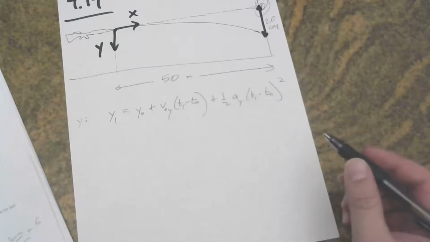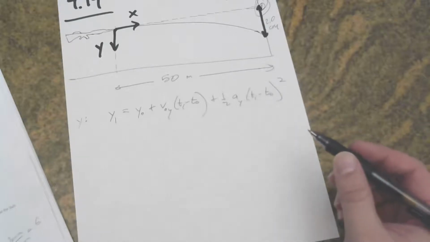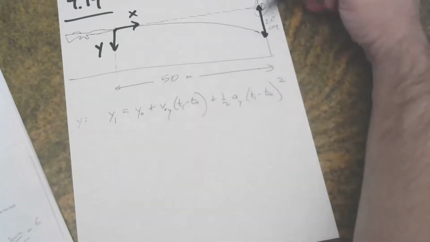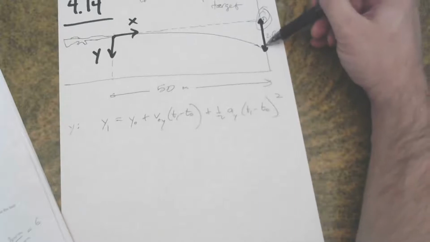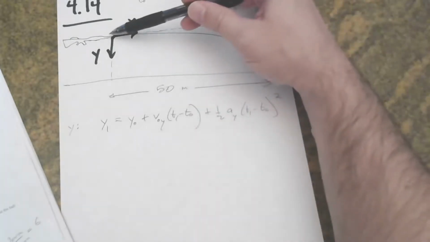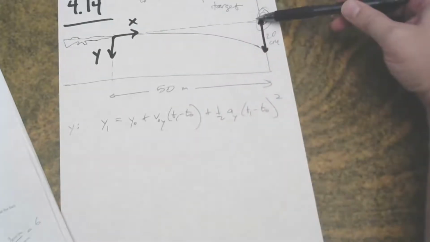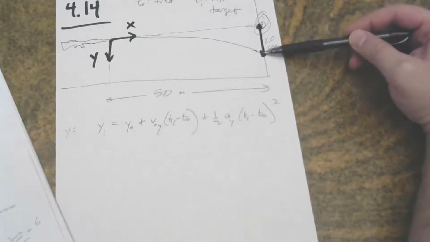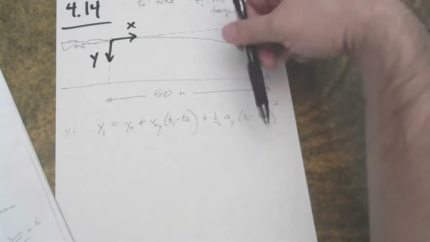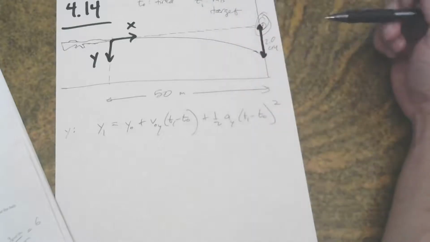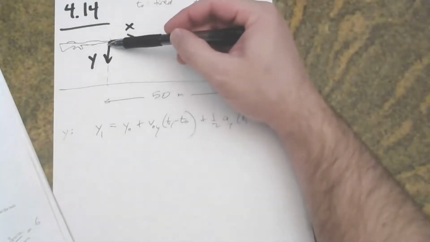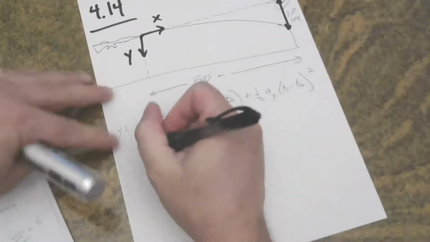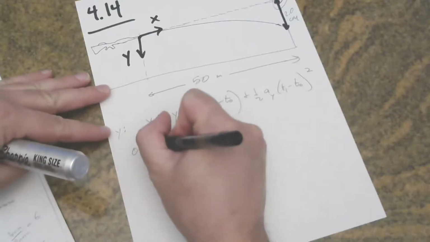Now let's plug in what we know. The y-coordinate at the end is 2 centimeters from where we started. Well, this is the line for y equals 0. So the initial y-coordinate is 0. The final y-coordinate, it's not negative 2 centimeters, it's positive 2 centimeters because of my choice of coordinate system. I chose to put the y-axis positive downwards. You don't have to do that. So we're going to end at 2 centimeters, which is 2/100ths